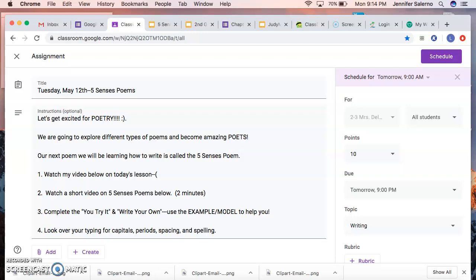So, we are going to be continuing right along with our poetry. It was so great to see how creative so many of you were with your acrostic poems. It was such a nice change, and I loved reading them. I thought you did a really great job. So I'm really excited to keep moving along with poetry because it's really showing your creativity and all your own ideas coming out. Today the poem is called a Five Senses poem.